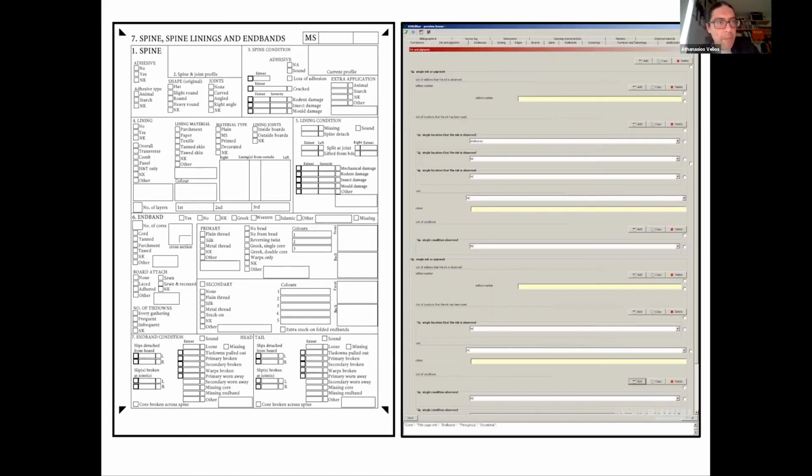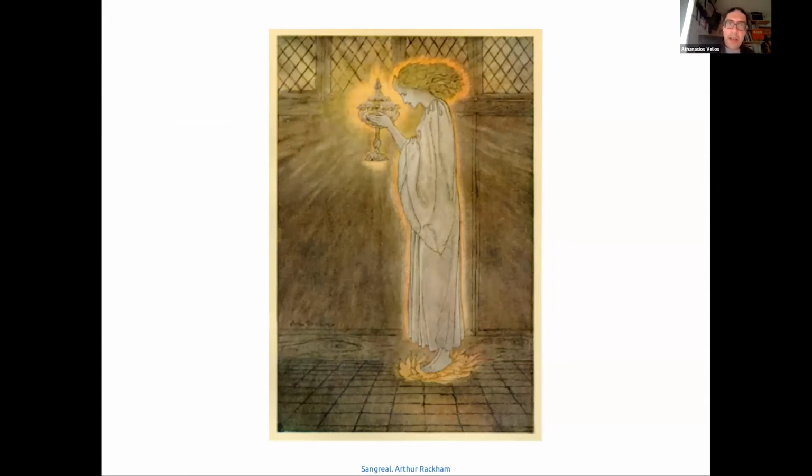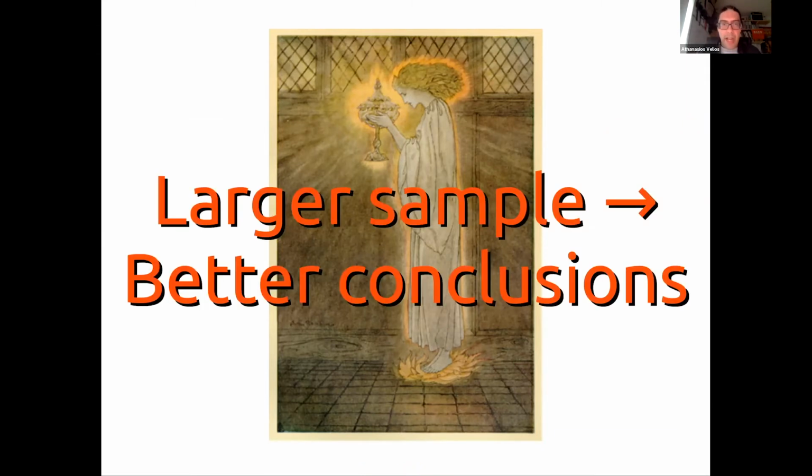So we had the survey form, and maybe you have already seen this, but it has lots of fields that we were asked to fill in at the monastery. We started off with a paper form, then we switched to a digital XML form. But the point I'm trying to make is that we went through all this process because in humanities research and conservation research, the larger the sample we have, the more observations we can make, the better conclusions we can produce